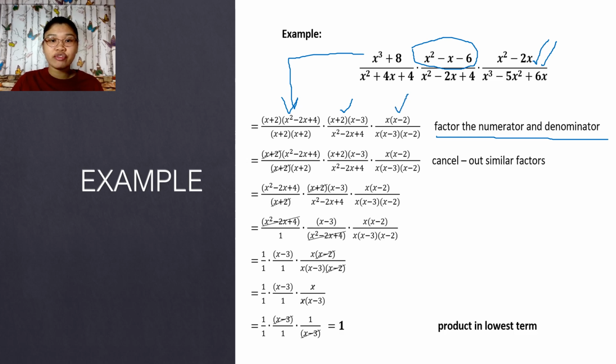After factoring or extracting the possible factors of the numerator, you proceed with the denominator. So for the x squared plus 4x plus 4, we have x plus 2 multiplied by x plus 2, or x plus 2 squared. And then x squared minus 2x plus 4 is equal to x,